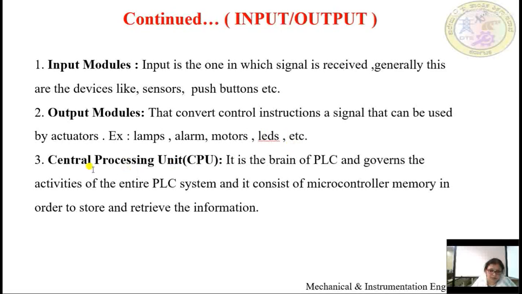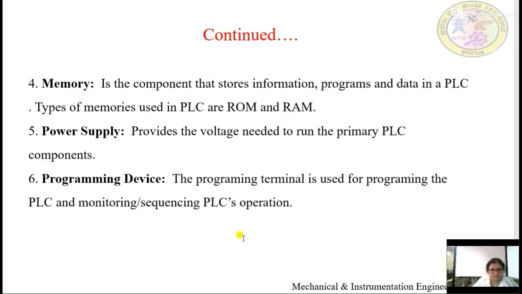Coming to the central processing unit, it is the brain of the PLC which governs the various activities of the entire PLC system. It basically consists of a microcontroller and memories in order to store, retrieve and control the overall process of the PLC system.